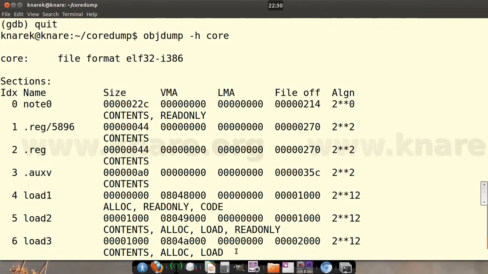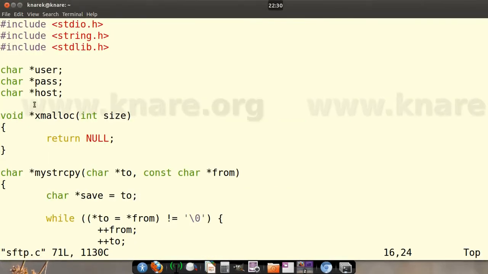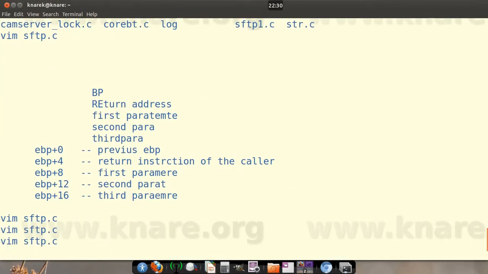So you need to write a program, or sometimes use some existing binary tools, to decode the contents of these sections. Clear? To decode these things, you need to understand how these segments have been arranged in the core file. Clear? For that, what I would suggest is, if you have the kernel source code,